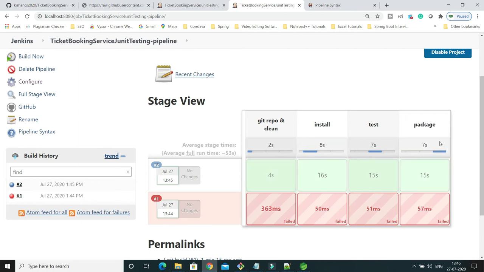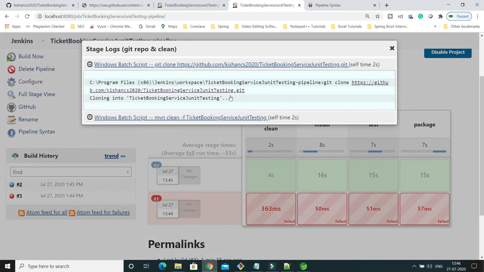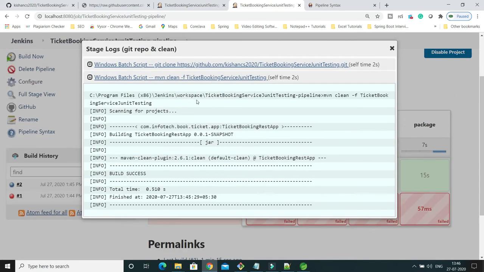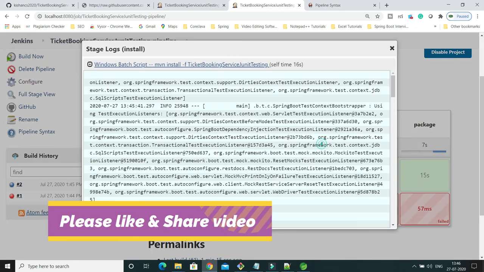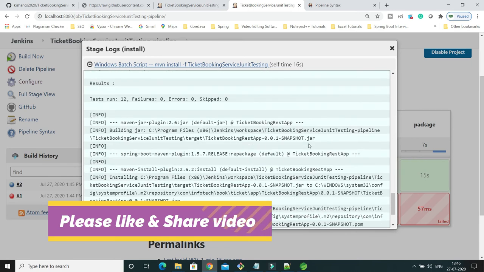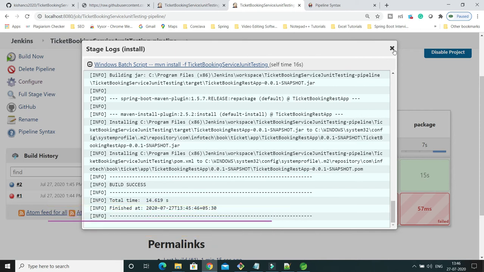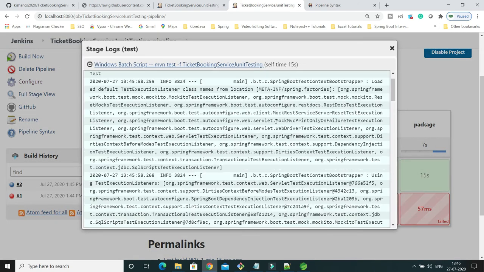So the beauty of pipelining is that you can see the individual log files. If you click over here, you can see the entire log, a separate log. Of course you can go to the consolidated log, but here you have the opportunity to see the installation phase, which generates the executable file, and then the test phase, which executes all the test cases.